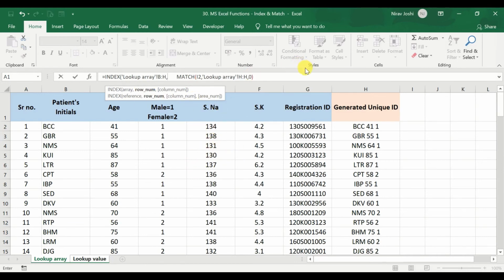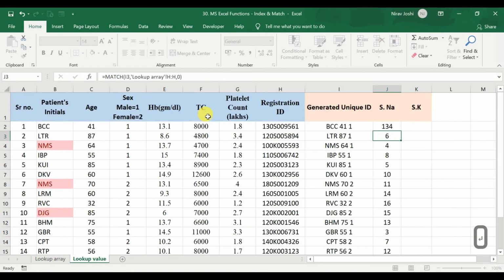Now which row we want to have, first thing, in the INDEX function. So we need to provide the row number. The row number can be provided with this MATCH function because it is already getting us the particular row of a particular unique ID, right? And the last thing that we need to provide is a column number. So in this data set, that is from B to H, we want to fetch the serum sodium level. So it is in the first, second, third and fourth column, right? So we will provide the column number 4 here, complete the parenthesis and press enter.